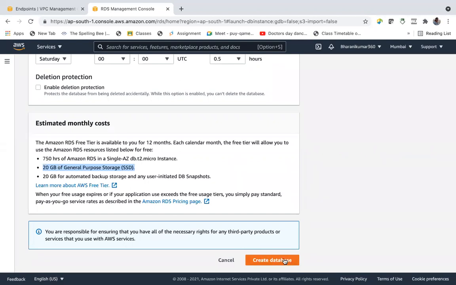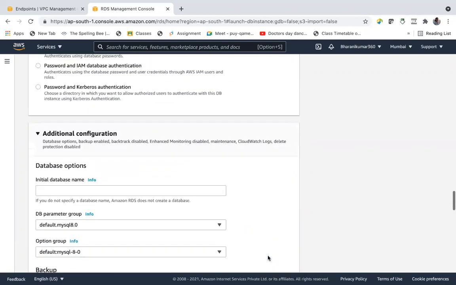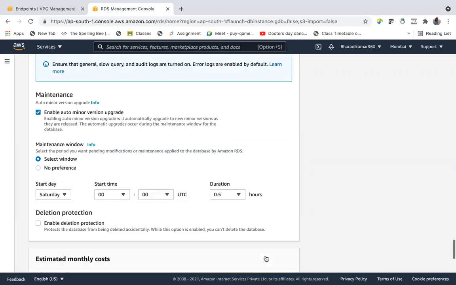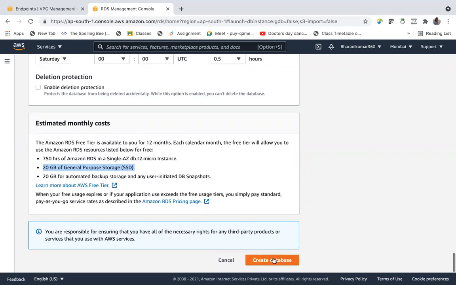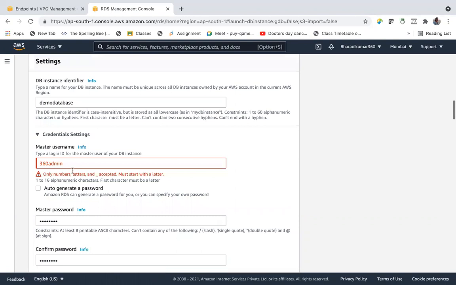And create database. Let's say create database. Only numbers, letters accepted, and must start with a letter.